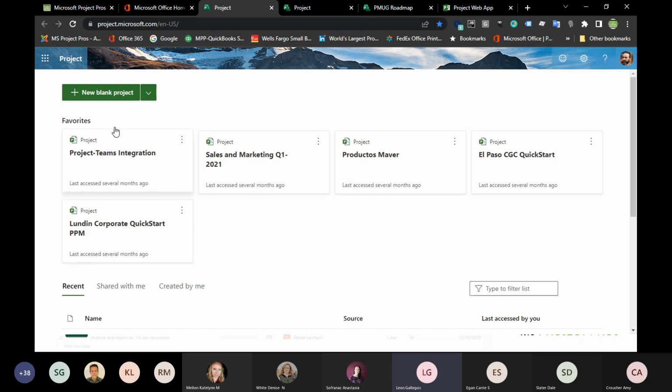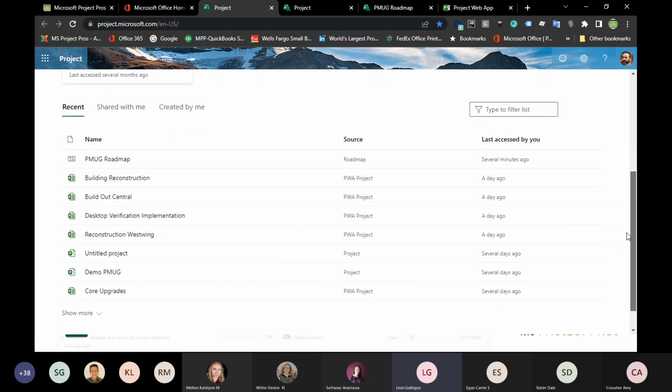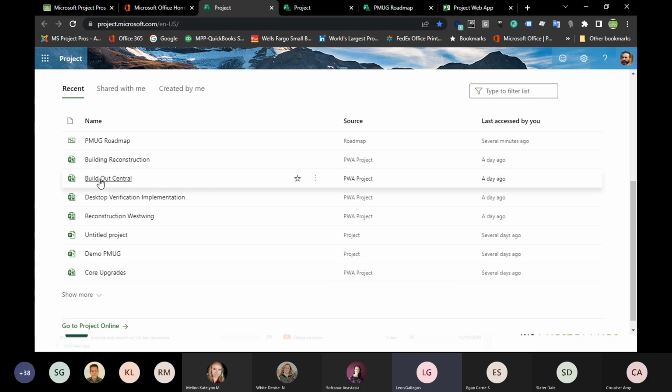So you'll notice that up at the very top, there's this new blank project. If I scroll down just a little bit, you'll see that there are very specific projects in this list. But you'll also notice that the source is slightly different. See the source here? It says roadmap, and then this one says PWA project, and then this one says project down here.